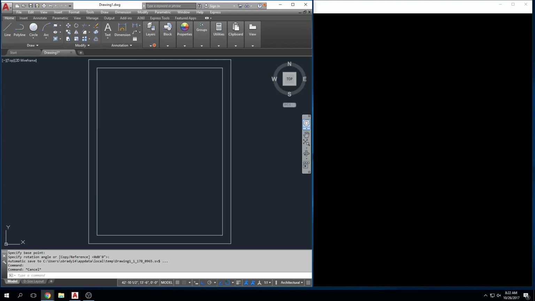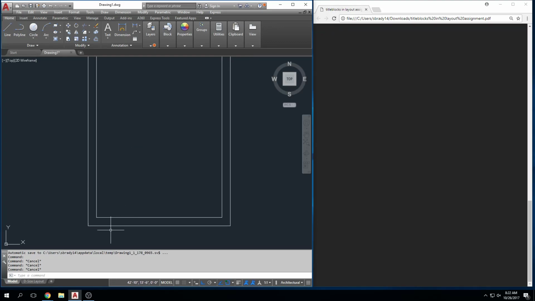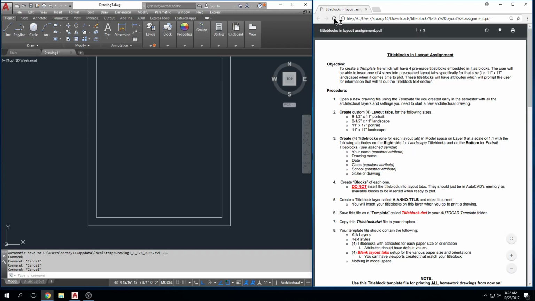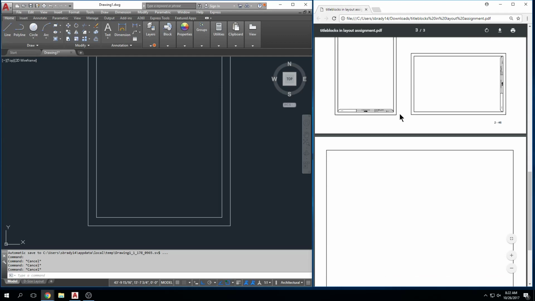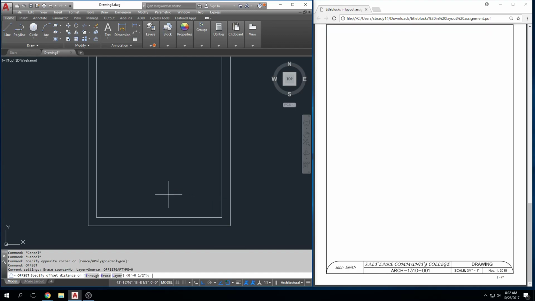There we go. All right, done. Back to Titleblocks. All right, so let's talk about how we are going to draw this information block right here. Oh, and where did it go? Where did it go? There it is. Okay. All right, so I'm going to assume that this thing is maybe about 3/4 of an inch tall. So I'm going to use the offset command, and I'm going to type 3/4, which is also 0.75